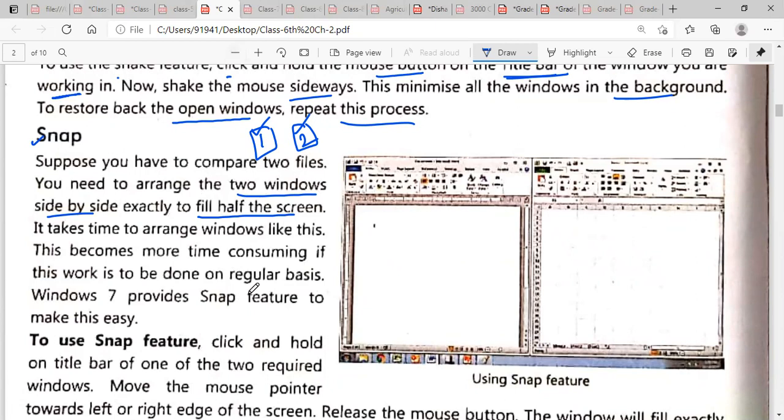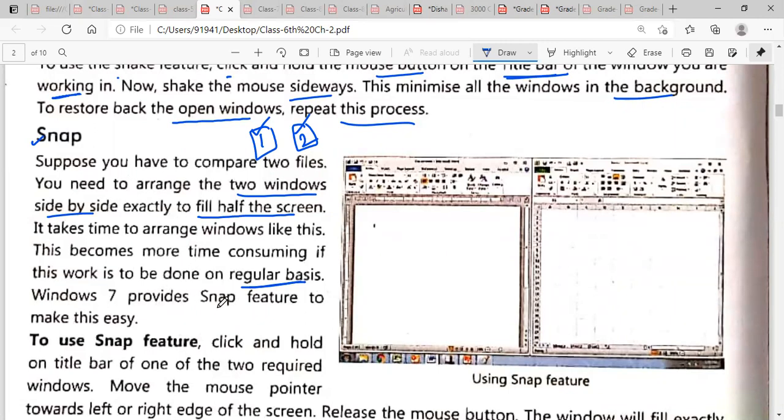It takes time to arrange windows like this. This becomes more time consuming if this work is to be done on a regular basis.